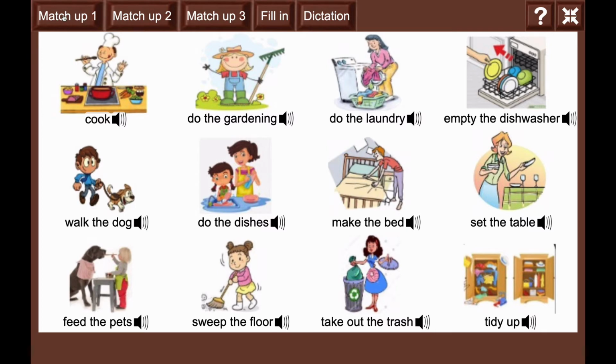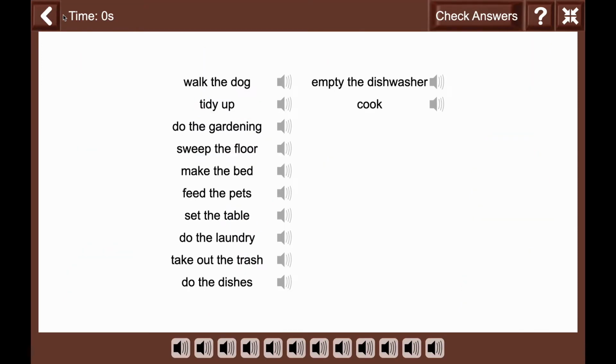So click Match Up 1. So we can see many vocabulary words. And down on the bottom, we have listening.